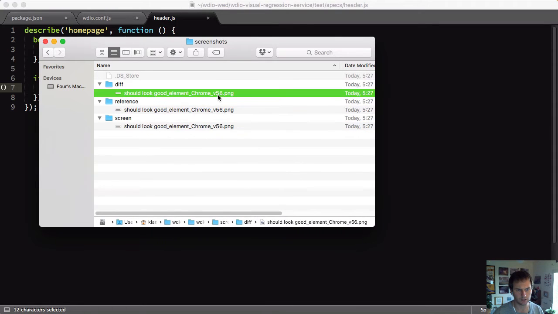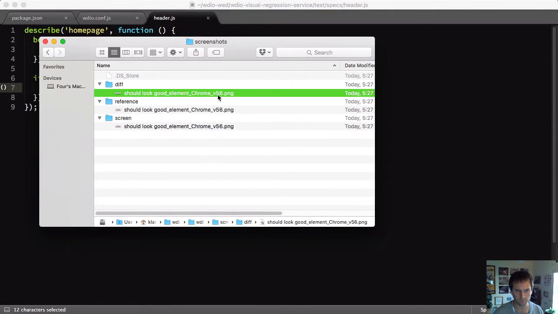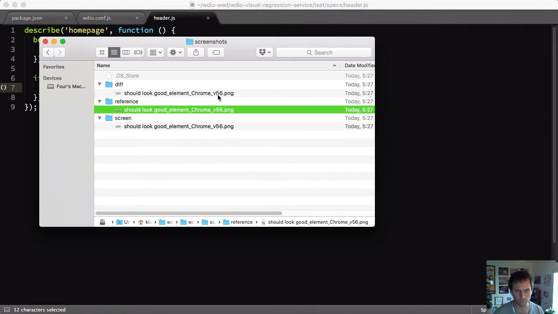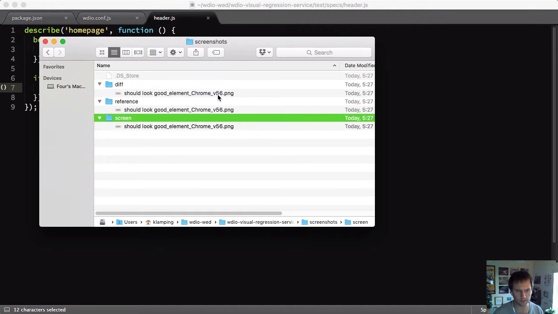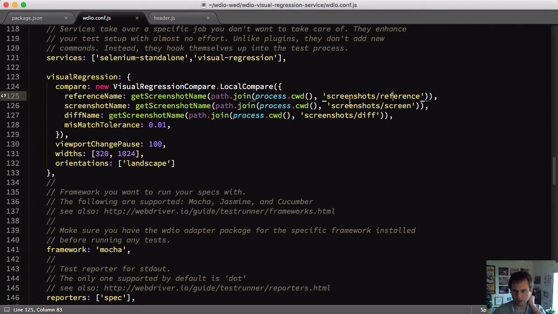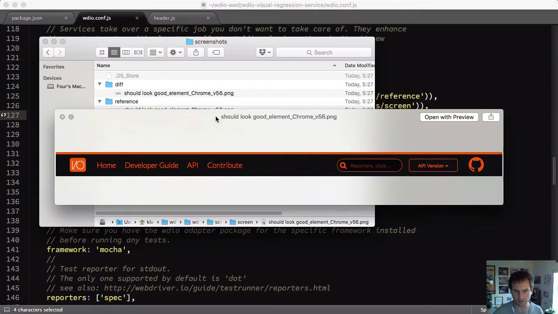And so there is reference, screen, diff. What is up with that diff? And then screen. So I should have multiple ones here. Let's see where screen comes from. So screenshot name is in the screen folder. Reference name is in the reference folder. And then diff name is over here. So it's kind of strange that this image